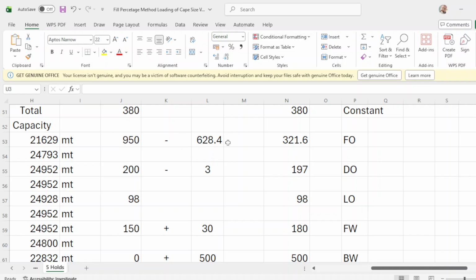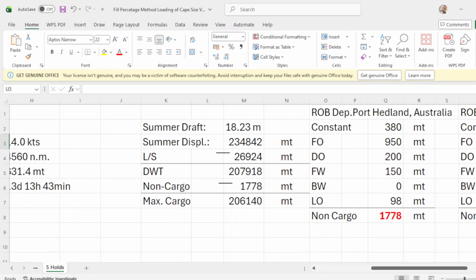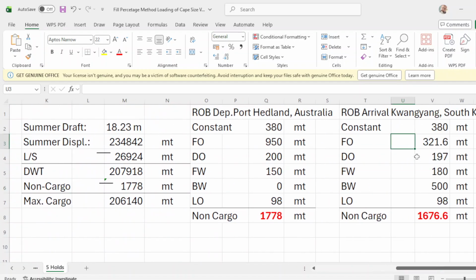The consumption for the entire voyage for fuel oil is 629.4. And your remaining ROB is 321.6, which is this one. 321.6, okay?